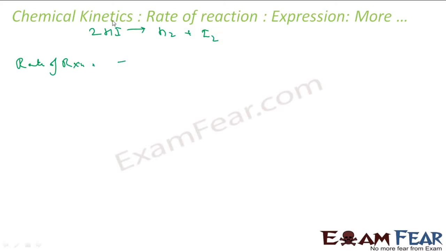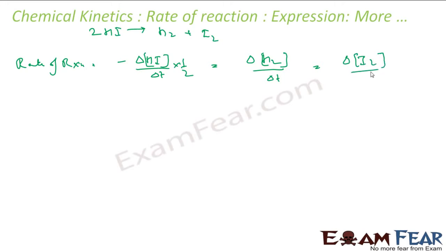Minus of, since it's the reactant, change in concentration of HI by delta t, and since there is a 2 here, I'll multiply by 1 by 2, or this is nothing but, this is a product now, change in concentration of H2, no negative sign because it's a product, it's 1 here, so I can just say by delta t, or change in concentration of iodine by delta